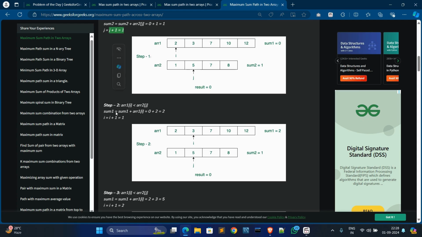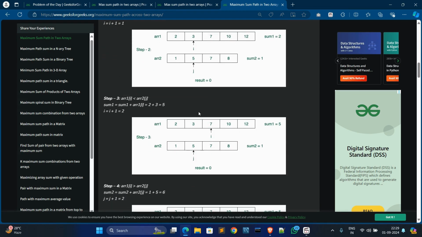In step 2, it will move to the next index, where the array 1 value is 3 and the array 2 value is 5. Here the array 2 value is greater than array 1, so we use array 1 less than array 2, and we add to sum1 that element: 0 plus 2 is 2, and i is incremented by 1.